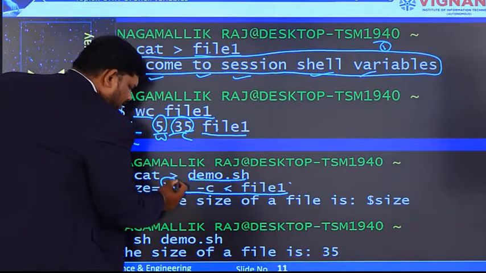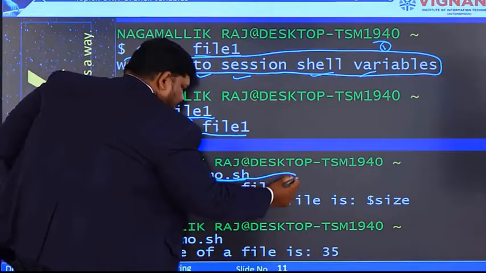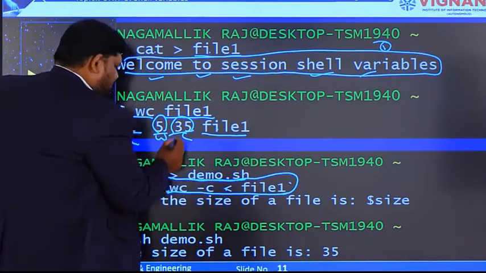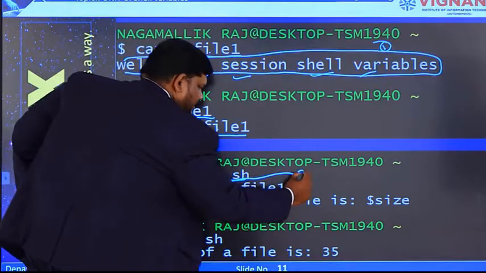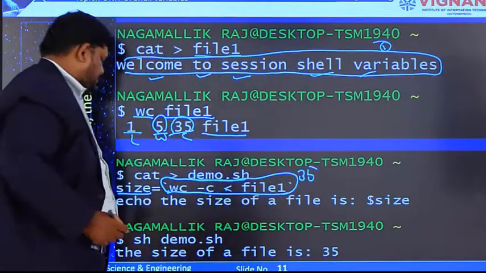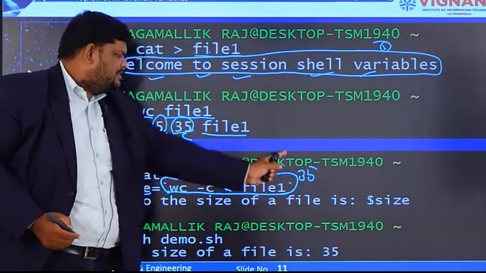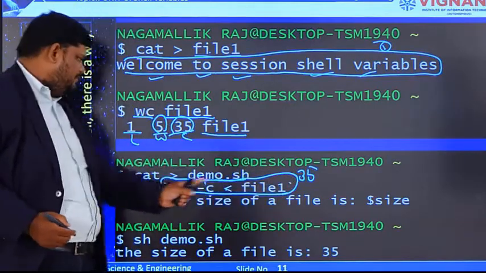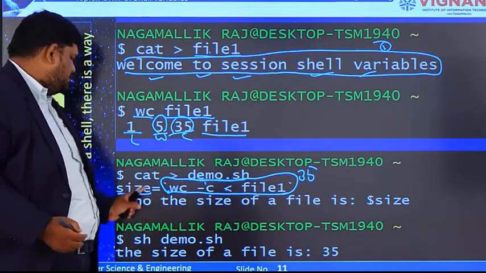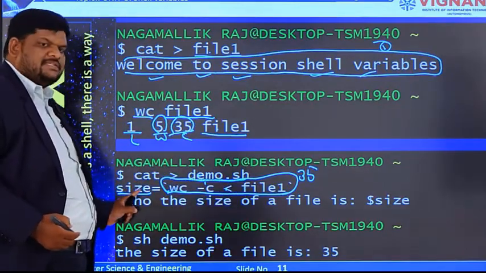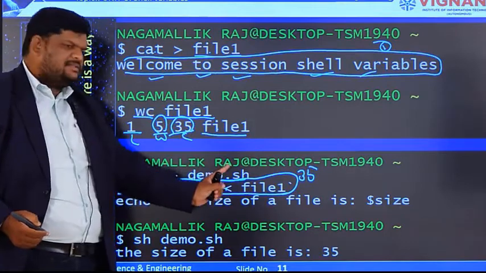So after executing this command, for this entire thing it will substitute the answer, and we know that the number of characters is 35. So first of all it will execute this command. After that it substitutes the answer, 35. Now variable is equal to value. Now size is equal to 35. Now whenever you access this variable size, the answer is 35.